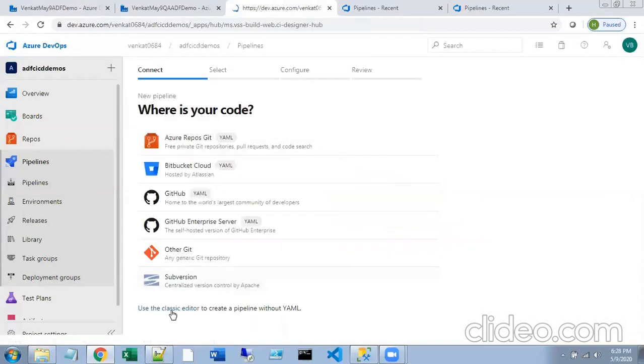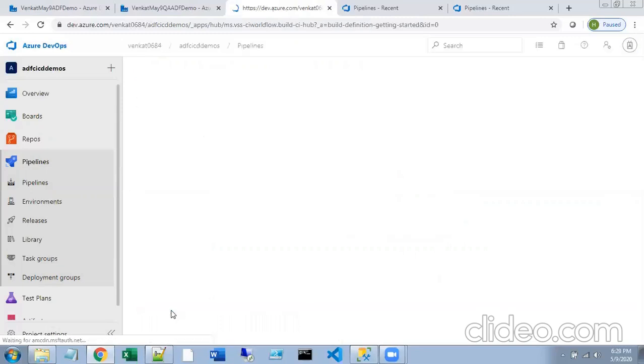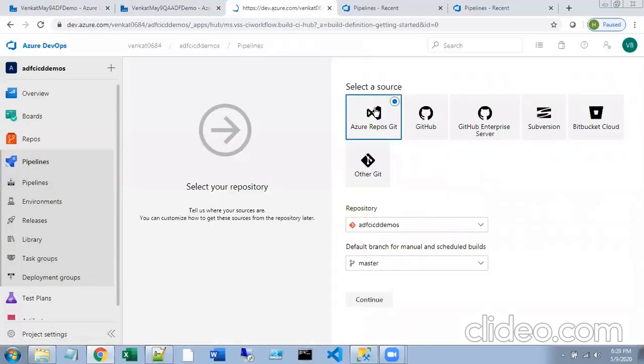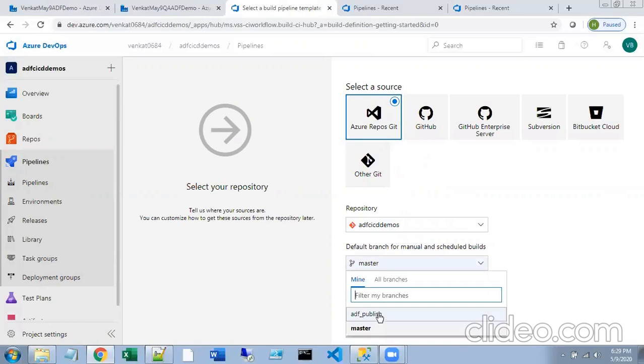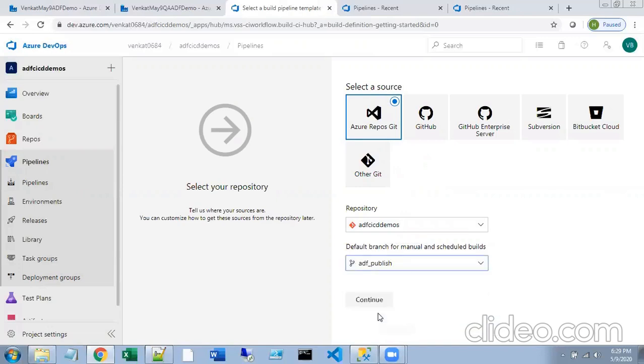Classic editor is fine. So where is your code? I have my Azure Data Factory code in Azure Git. This is the repository name, and as I told you, we have to use the ADF underscore publish branch, right? So I have selected the ADF underscore publish branch.